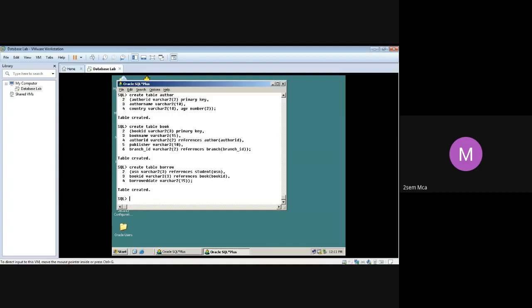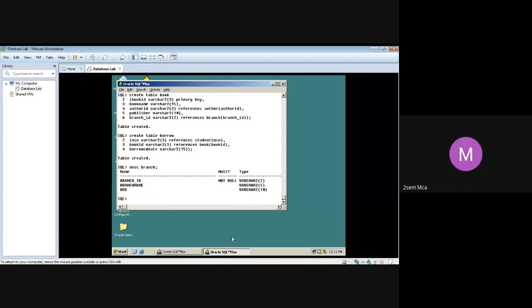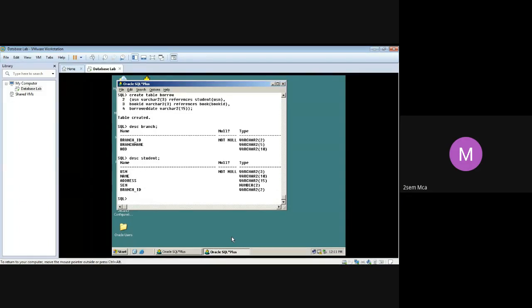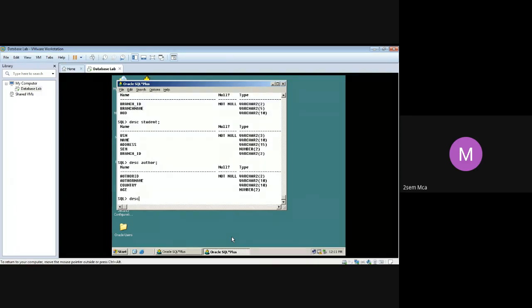Have you all finished creating all the five tables? Yes, ma'am. Good. So let me give the description. Your branch table should look like this. You can give a description and see for yourself. Student table is this. Author is this one. Book is this one.